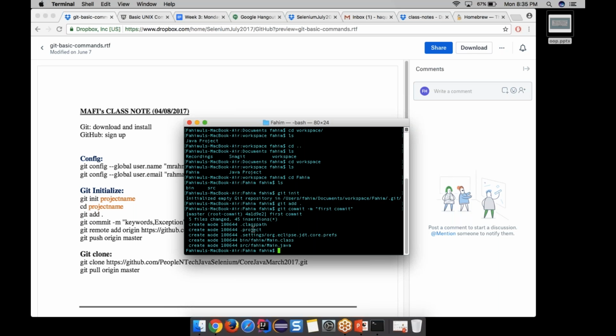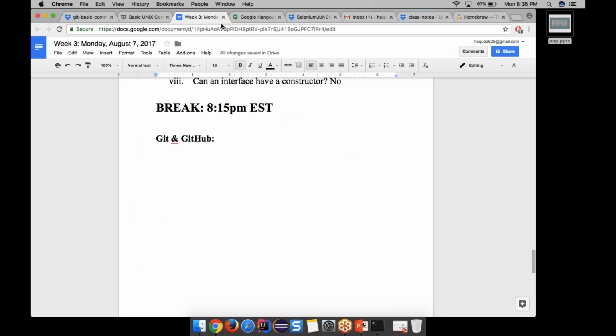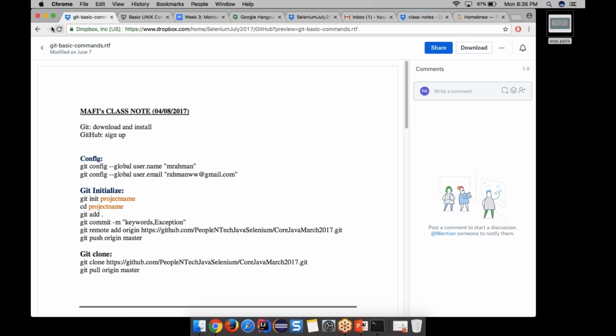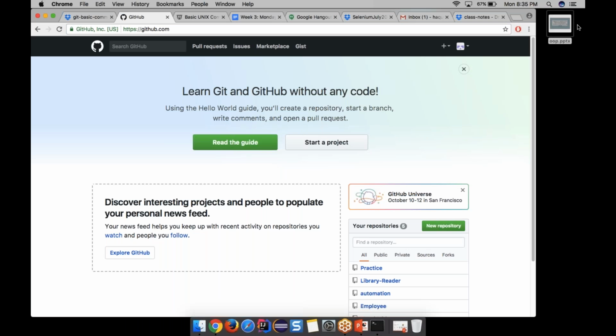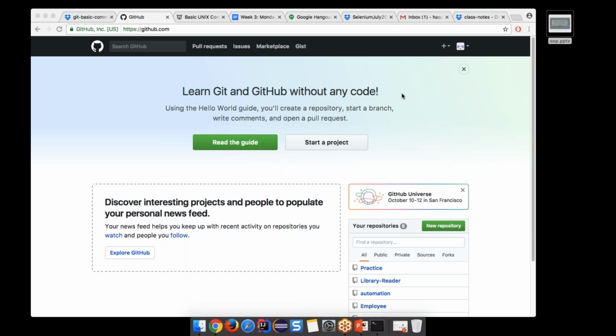We don't need to make remote. No, remote is after. Remote is after you did the git add and git commit, right? So now we want to use the remote. But before we use remote, we're going to need to create a repository, right? So now you go back to your GitHub. So now we're going to go back to our GitHub. Once you get into your GitHub, you're going to need to get the URL in order to use the remote